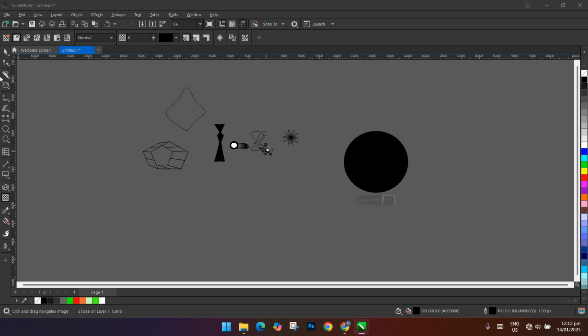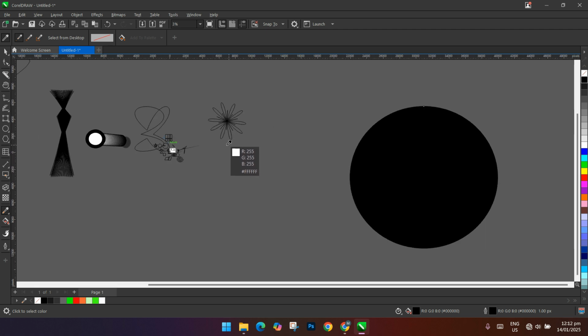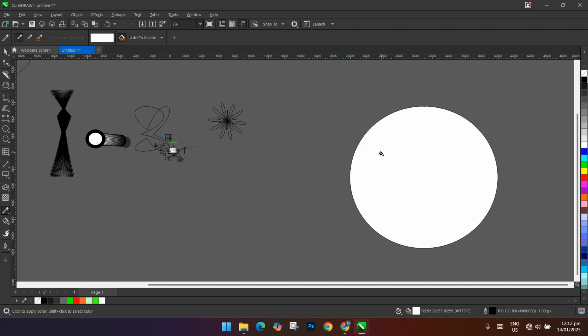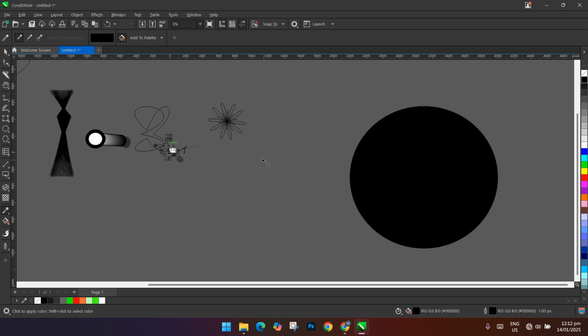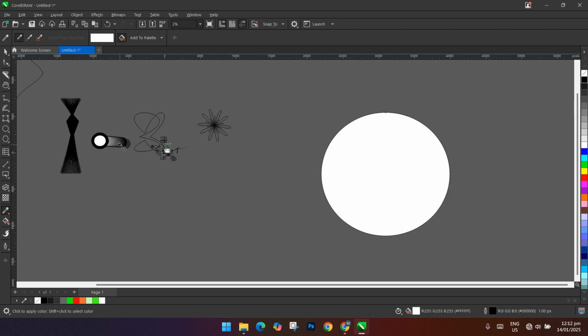Here you can see a color eyedropper tool. This can be used to pick a color from an image or anything. Let's pick this white color, and I drop it here, white. If you want to get the color again, then press the shift button, hold it, and then select the color again, then leave the shift button and drag it here. So again, press the shift, hold the shift, pick the color, and leave the shift, and you can easily replace the color. Here's an interactive fill tool, which can be used to